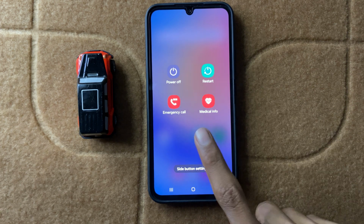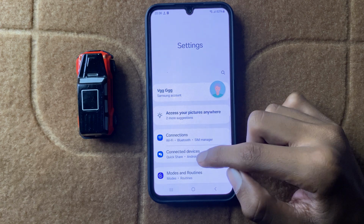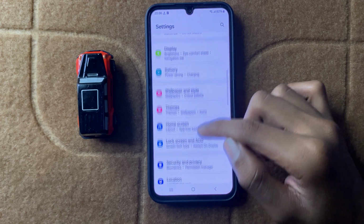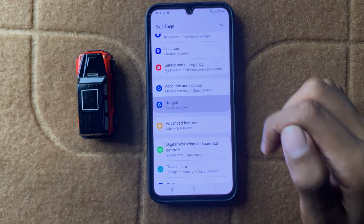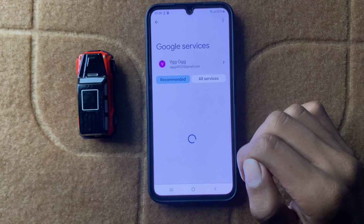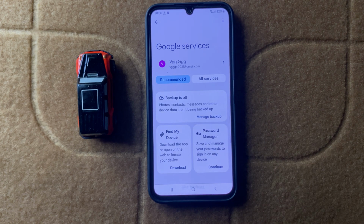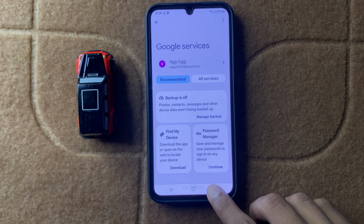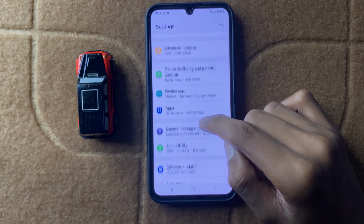After restarting your device, go back and open settings, and then click on Google services. And here you can clear your Google services cache data. After clearing your Google services cache data, then click on software updates,